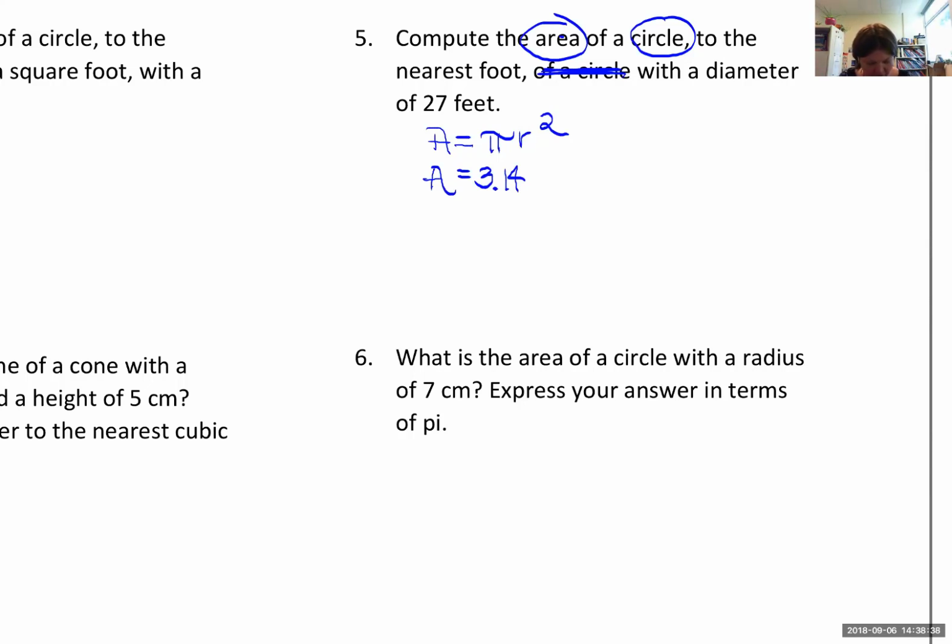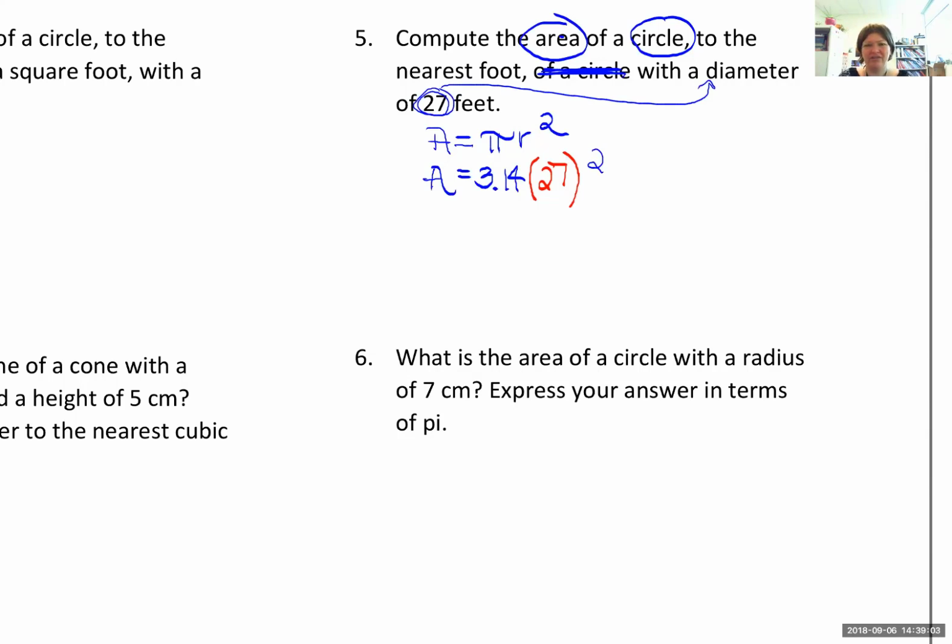But then they do this very foolish thing. They just plug in the number 27 blindly without even thinking about it. Anybody want to tell me what this student did wrong? They didn't add the diameter, the D? Yeah, they didn't think about the fact that this 27 is not a radius. This 27 that they told me is a